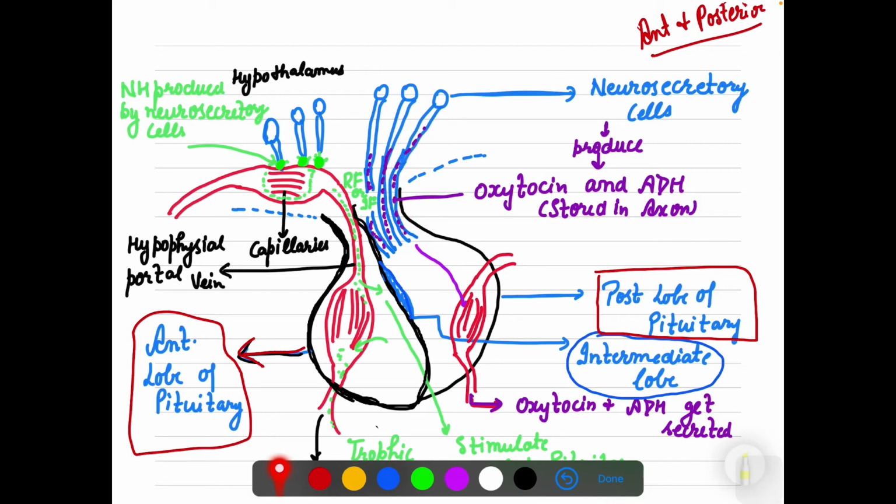Now, the moment blood vessels enter the posterior lobe of the pituitary, these oxytocin and ADH, depending on which one is required, oxytocin or ADH, go directly into that blood vessel, and then it is released, or secreted, by the posterior lobe of the pituitary. So basically what I mean to say is that neurosecretory cells,